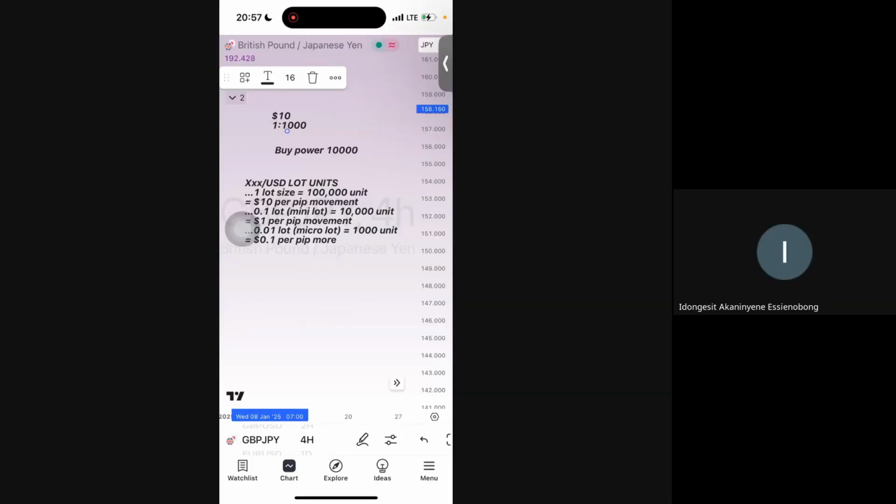Now, this calculation is for XXX USD pairs. Other pairs, JPY pairs, and even gold have their own calculations, but it's not really studied, except if you want to be a teacher. But that's by the way. This is basically what you need to understand. And the next on our list is